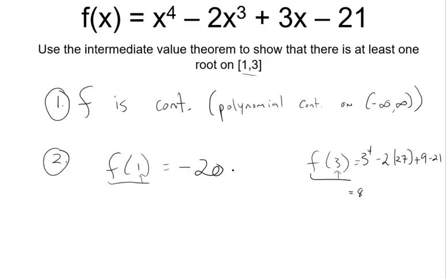Oh boy. 81 minus 54 plus 9 minus 21. Probably should use our calculator here. But I think, let's see, 90 minus 54 is 46. Minus 21. I might have messed that one up. 46 minus 21 is, let's see, I think that should be